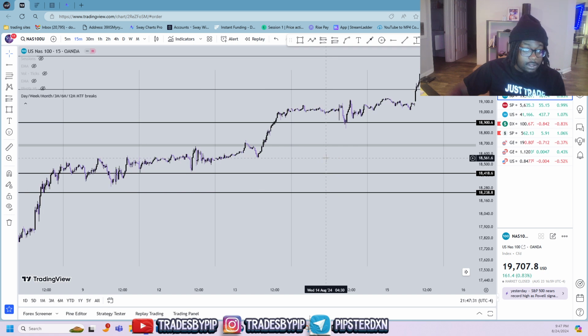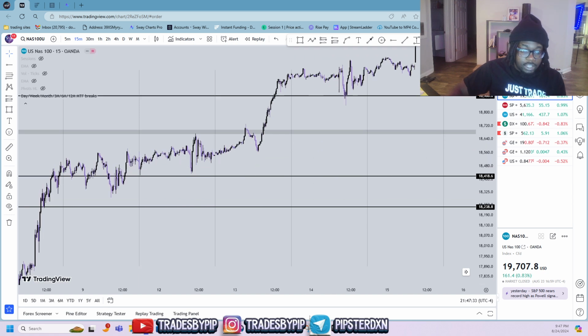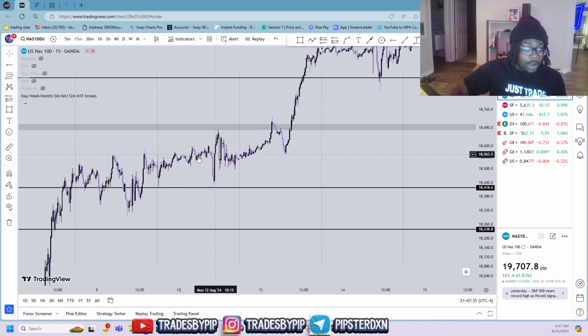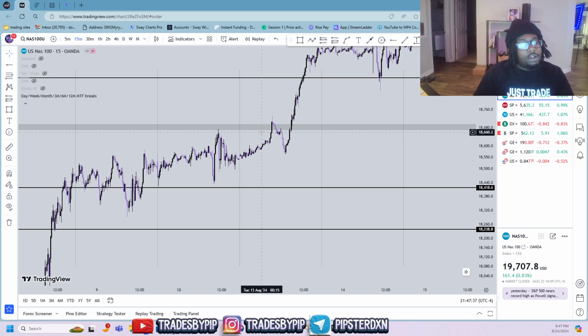And I took my stop loss either under this higher low, or I just simply correlated it, because I don't want to overcomplicate this part. When it comes to my stop loss, I don't want to put too big of a stop loss, even though you definitely should, because it's all about risk management and following structure. But sometimes I like to get into the nitty gritty just so I can capitalize on some rewards.